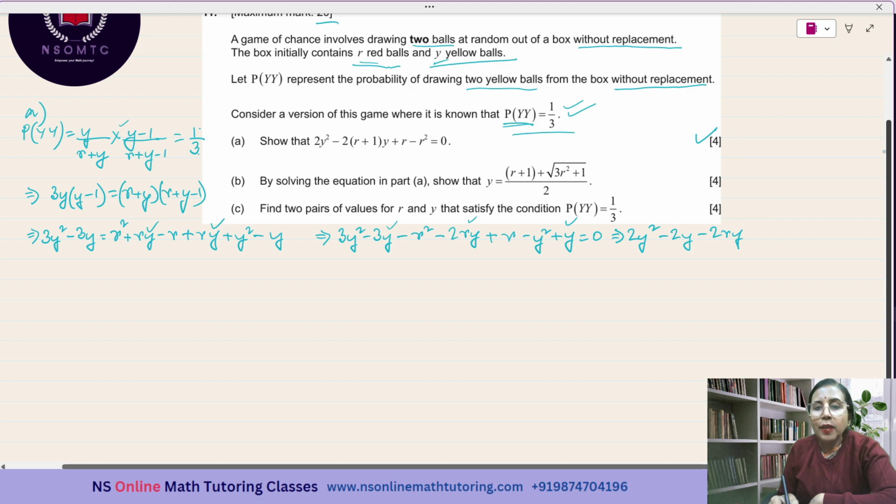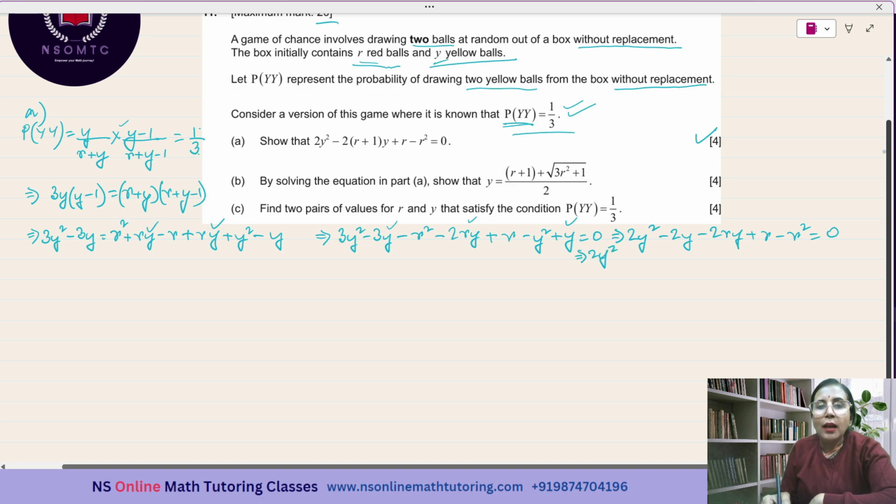Okay, and then we are having the minus r minus r square. So let me write the r first. r minus r square is equal to 0. We are having just one more step remaining, so it is